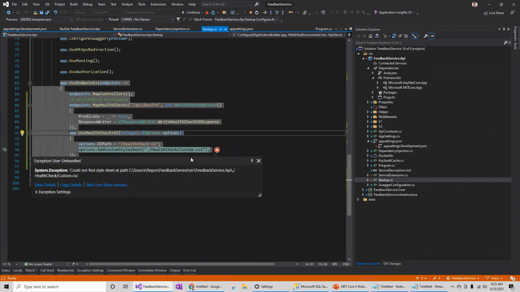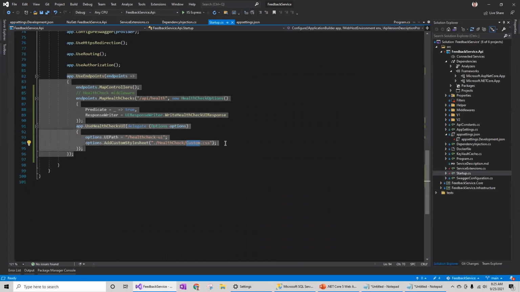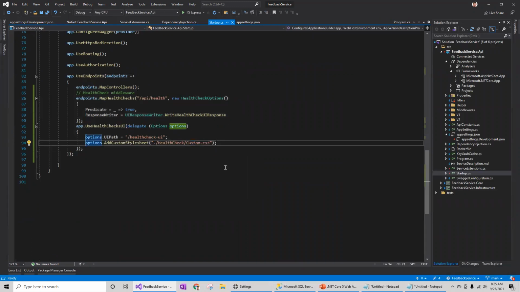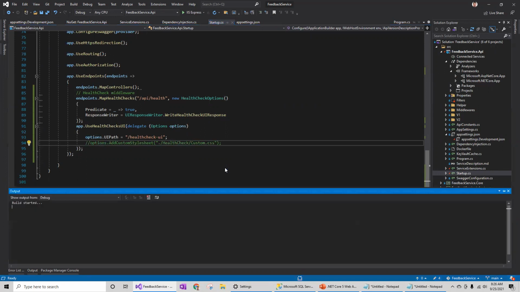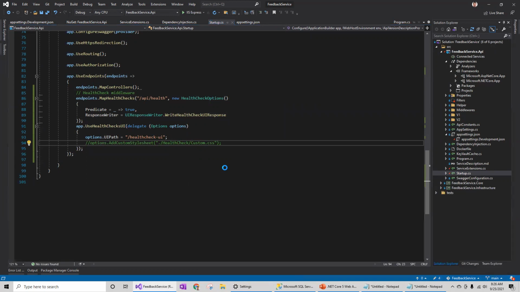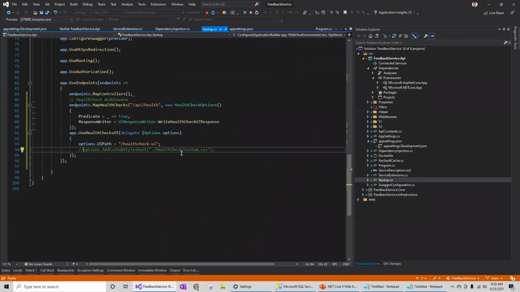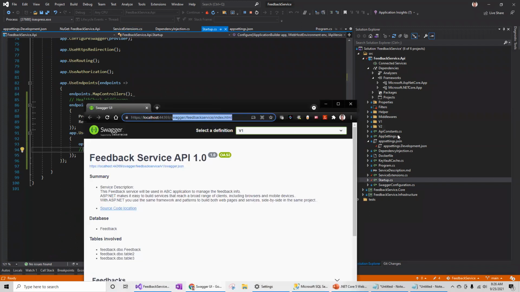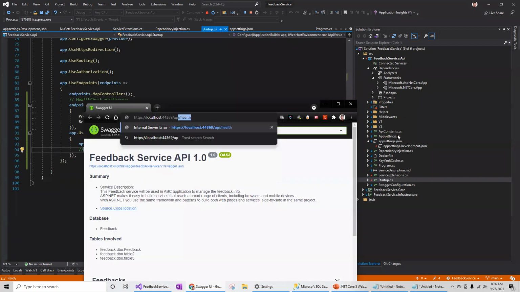Okay, now as part of this, I'm also adding the custom CSS file. So let me quickly add that, or for now I can comment. In case you want to customize your UI, you can also add your own custom file. I'll come back on that.